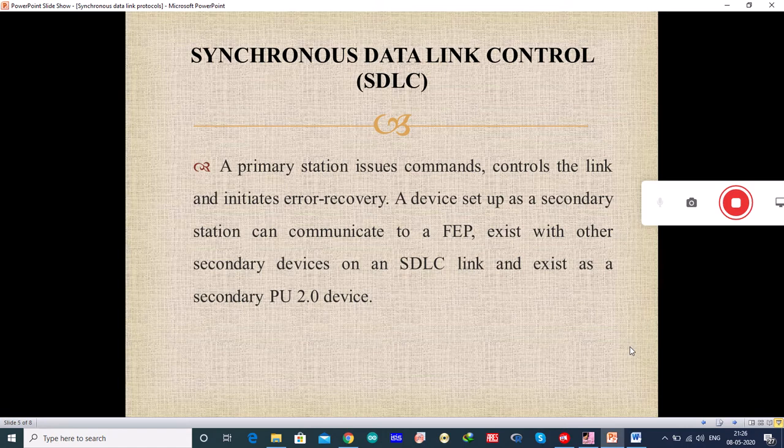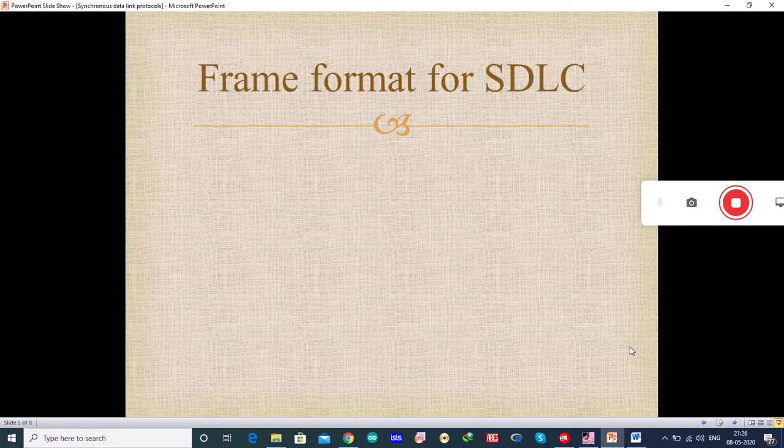A device set up as a secondary station can communicate to front-end processors, and that exists with other secondary devices on an SDLC link and exists as a secondary PU 2.0 device. This SDLC supports line speeds up to 64 kilobits per second.